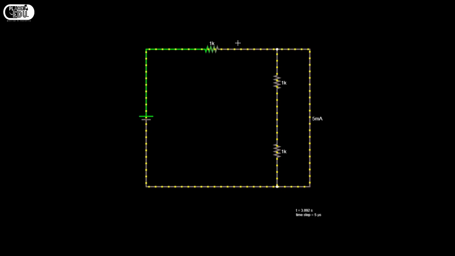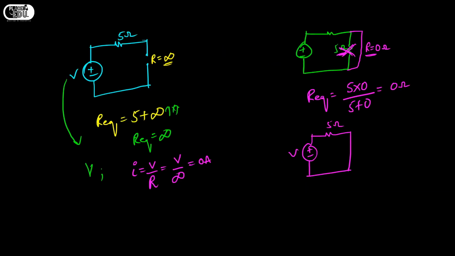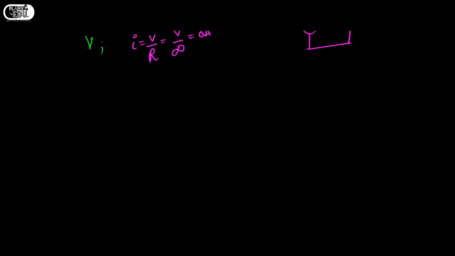So the current which is flowing through the resistors will be shifted towards the short circuit, and you have to observe that the current which flowed before the short circuit will not be equal to the current flowing in the short circuit after short circuit. If you are confused, I am going to explain you here. For example, here